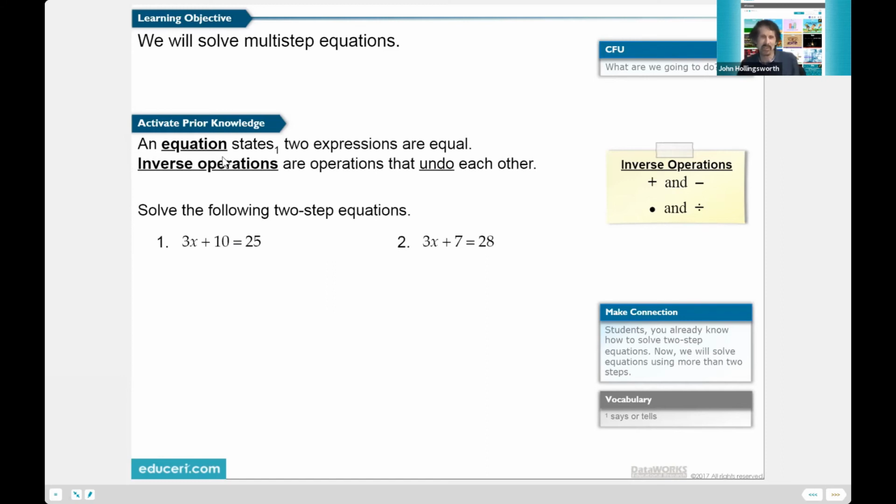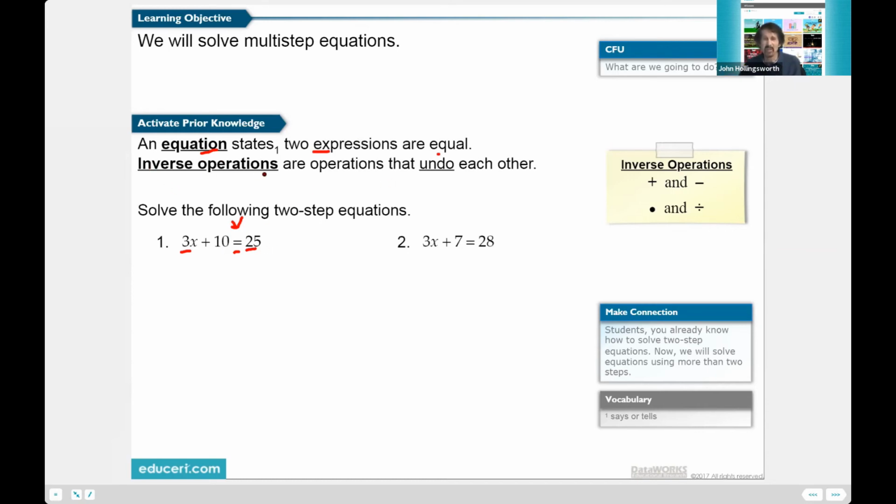All right, so I'm going to read this first one. Ready? An equation states two expressions are equal. Your turn, read. An equation states two expressions are equal. And here I've got an equation, and I've got the two expressions, and they're equal. By the way, this is how you teach concept development. I'm going to digress here for a second. An equation, so I've got equation right here, two expressions, and are equal, and I've got my equal sign. So this is how you do concept development, by the way. You take the definition and point to the example and show how all of that works.